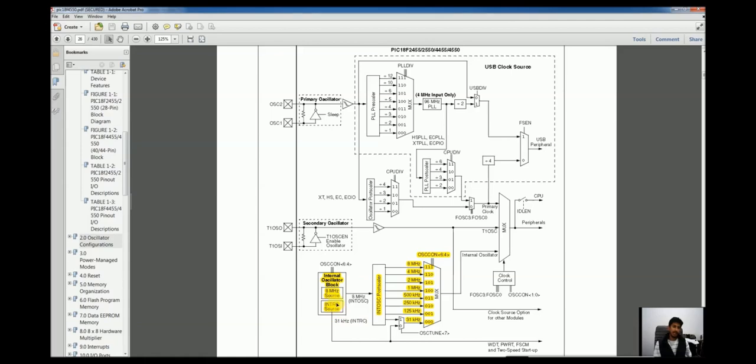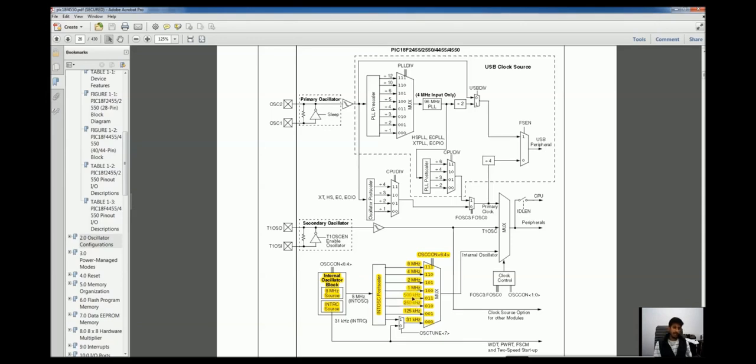So even if we are using an internal oscillator as the master clock source of the PIC microcontroller, we are not stuck with just one option. We have multiple options to use the 8 MHz source as it is, or divide it to lower our clock speed. Why would we want to lower our clock speed is the question here.